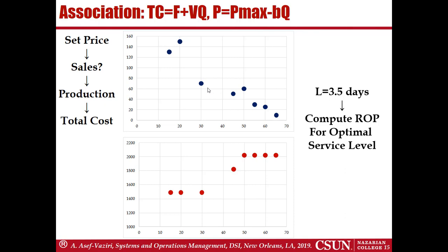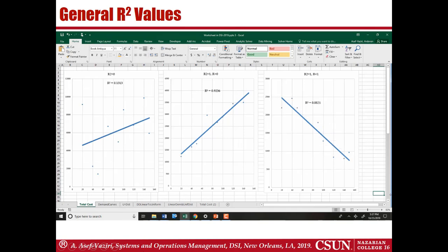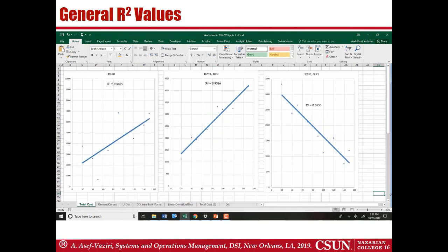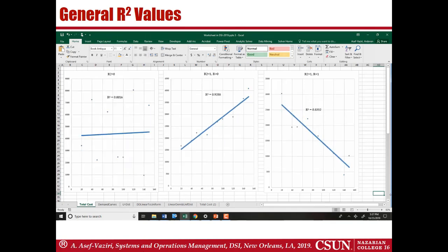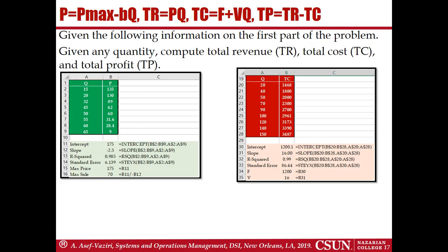I have passed everything to Excel and solve it. We also learned the meaning of R square, the meaning of the coefficient of determination, and we learned that, for example, a negative coefficient of determination, which is close to -1, would be better than a positive coefficient of determination, which is close